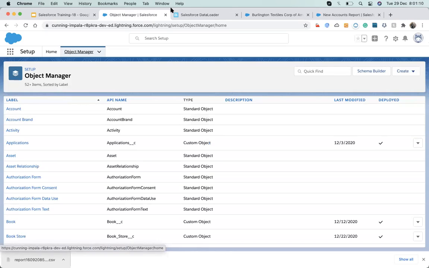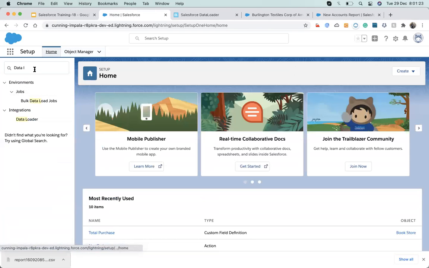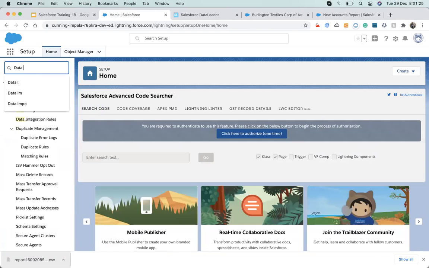Siraj, quick question. Go ahead, please. You said for data loader we need an ID for the record, but for data import wizard we don't need that. No, we don't need it. We can match on the basis of name. It can also use name as the uniqueness. Okay, so it's an optional thing. We can use the ID too, but name is also something we can use there. But for the data loader, we have only two options: either we use an external ID or we use the ID. Okay, got it. Thank you.